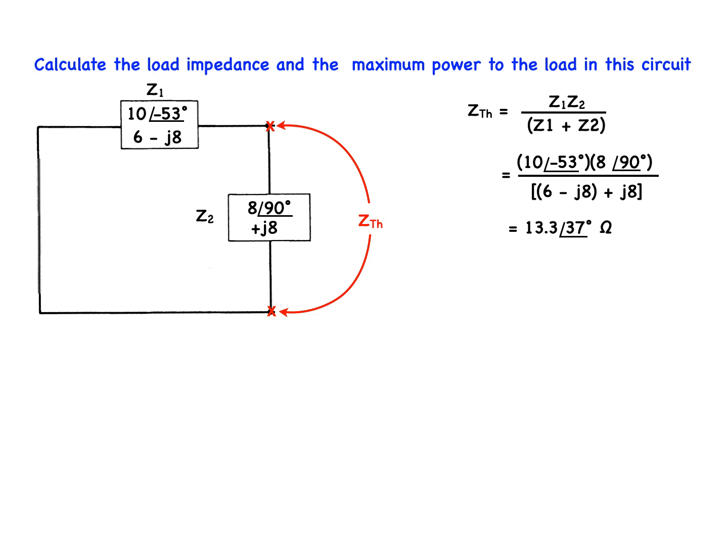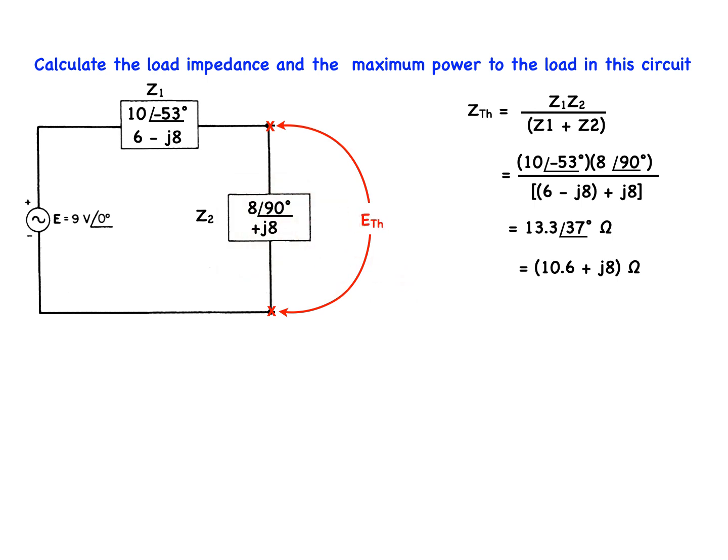13.3 at 37 degree ohms in polar coordinate format, or in rectangular coordinate format, it is 10.6 plus J8 ohms. The Thevenin voltage is the voltage measured across the points where the load is to be